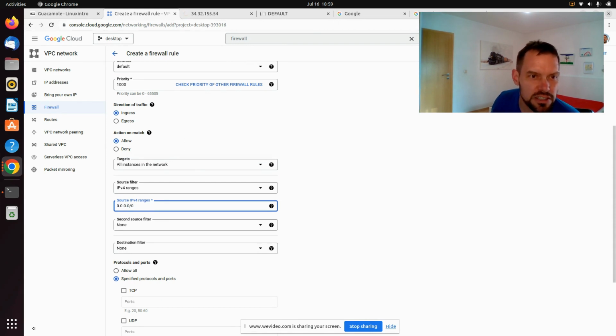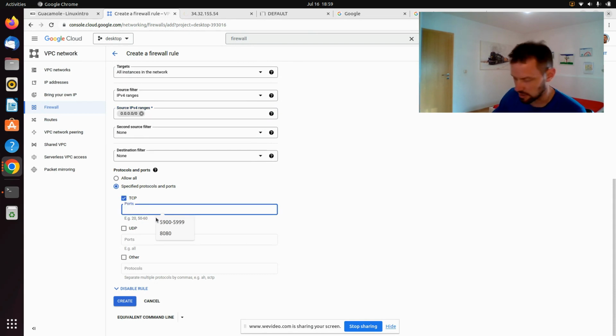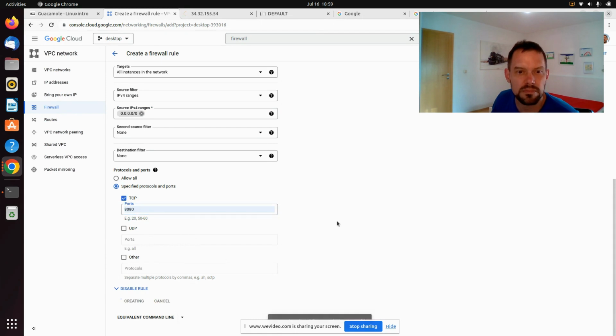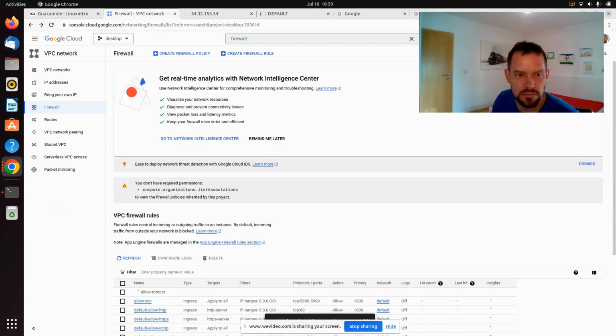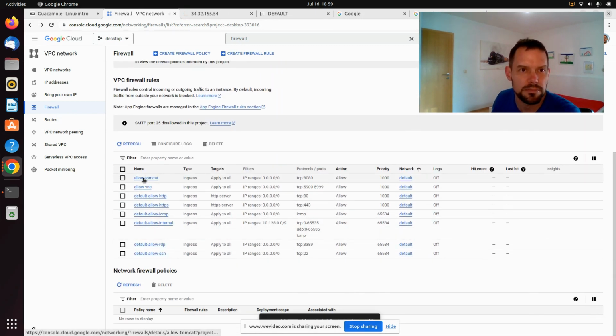All source IP ranges, TCP port 8080 shall be allowed. And you see as the rule builds up,